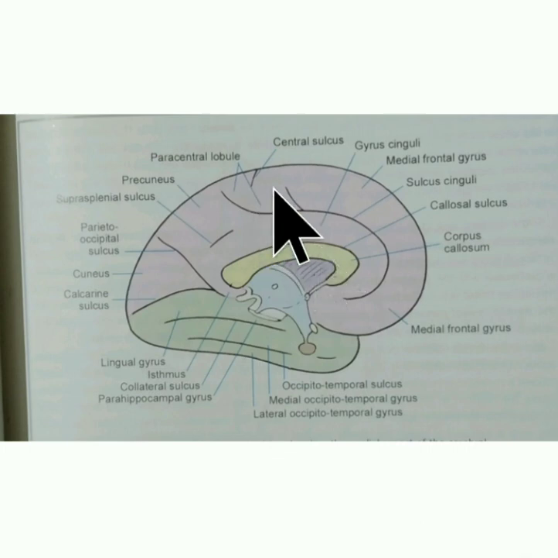The part of the medial surface of the hemisphere between the cingulate sulcus and the supromedial border consists of two parts. The smaller posterior part, seen around the central sulcus, is called the paracentral lobule, and the larger anterior part is called the medial frontal gyrus. These two parts are separated by a short sulcus continuous with the cingulate sulcus.